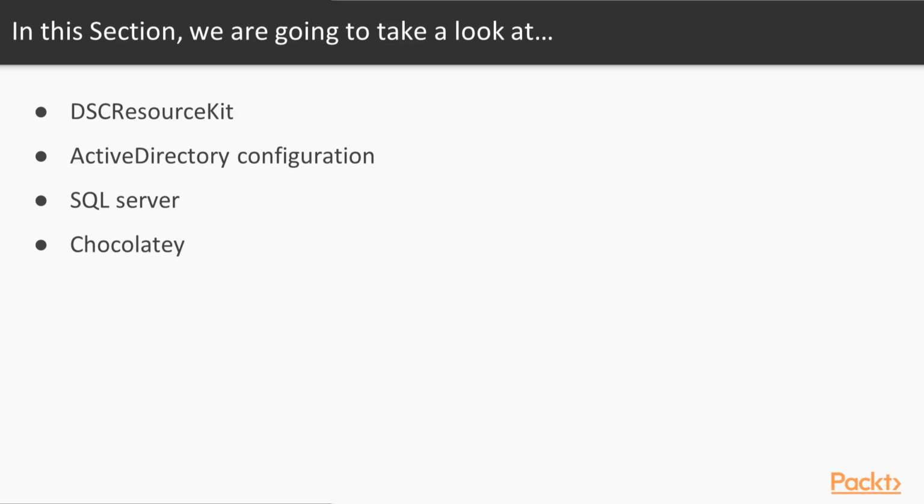In this section, we'll go through the process of installing custom software on virtual machines using PowerShell DSC. We'll see how we can make use of the DSC resources in the PowerShell gallery to install complex environments like Active Directory domains, SQL Server, etc. We'll also see how to automate the creation of an Active Directory domain with DSC to work on Active Directory creation and configuration. We'll also dive into some complex software installation process like installing SQL Server on a virtual machine